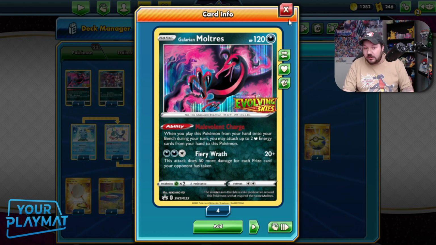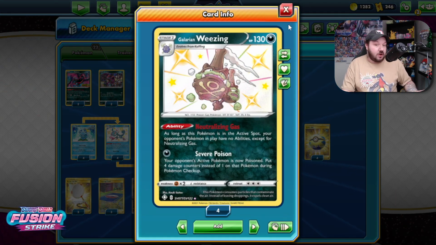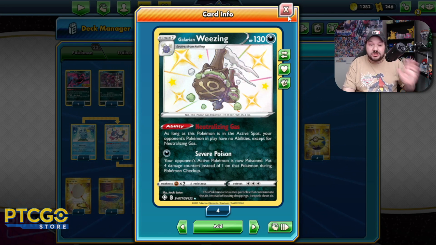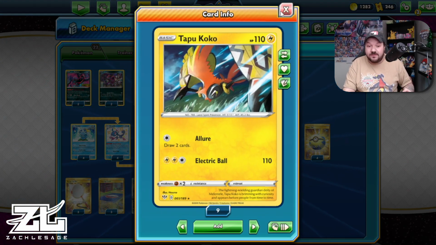So this deck is very similar to the Hoopa Galarian Moltres Tapu Koko deck that Ross Cawthon's been playing, but this version's been played by Thomas Harvey to much success. Other players have picked up on that success, and here we are covering it on the channel. A deck that I didn't necessarily think we were going to cover, but the goal, kind of chill with the Weezing if you need to be using Weezing, attack with little attackers like Hoopa, using Tapu Koko as a free